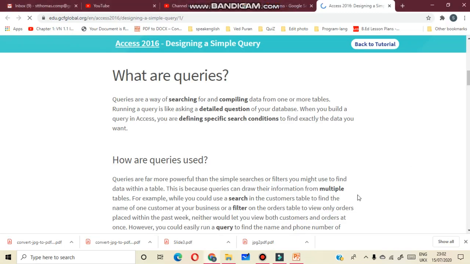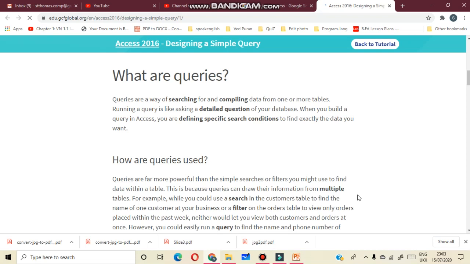So students, today I will teach you the chapter on working with MS Access. In this chapter, you will learn about queries, types of queries, and how you create a query in design view. So first, I will start with the query.